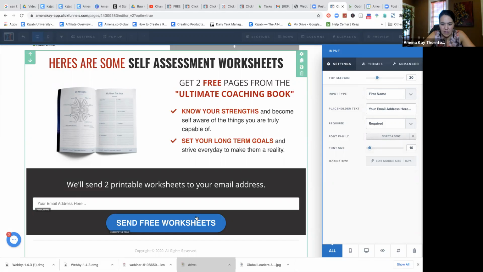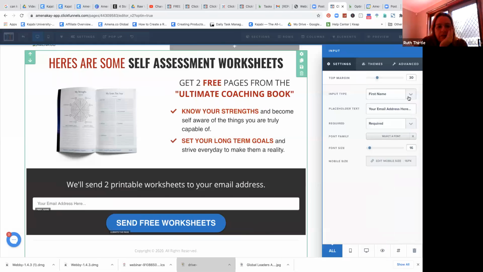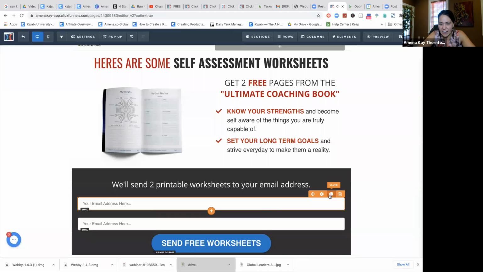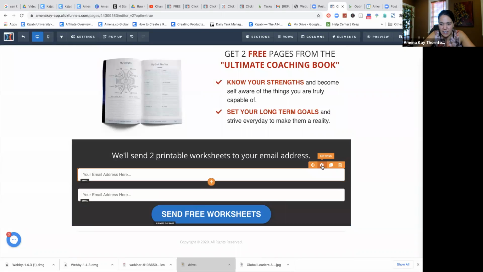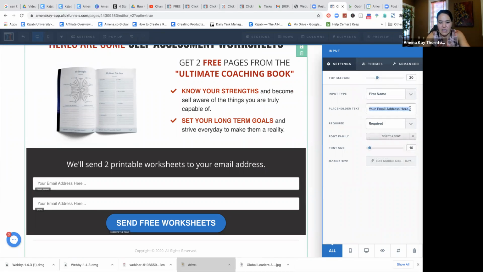Let's see. Oh, it says email. You've changed email, so we want to put that back. So we want to add a new one. Yeah, I do know how to do it because I was fooling around with this a few weeks ago, and I was like, oh, that's how you do it. All right, here we go. So then I could change this one to say first name, and then just say first name,